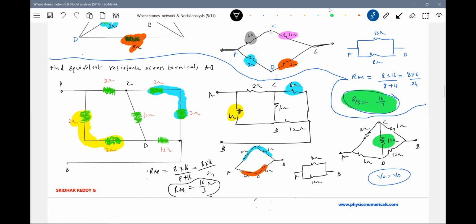Able to understand? So these are some Wheatstone networks. With the help of the Wheatstone network idea, we can work them out. The problem becomes very simple when you apply the idea. If the ratio of these two arms is equal to the ratio of these two arms, then the potential at C equals D. Since the 10 ohm resistor is connected across equipotential points, no current flows through it, and you can remove it.